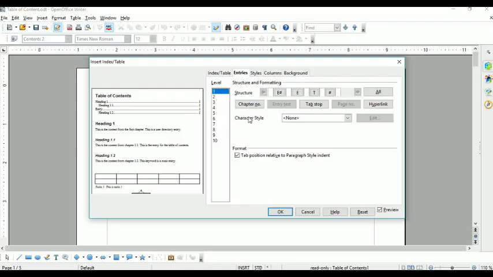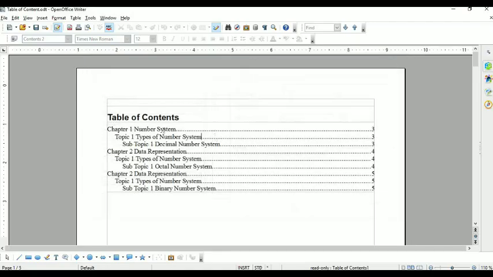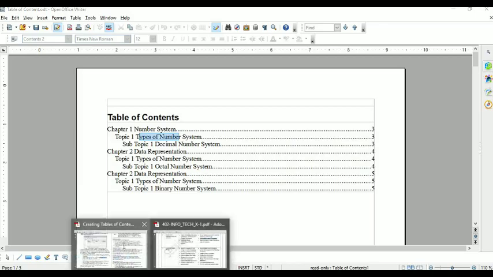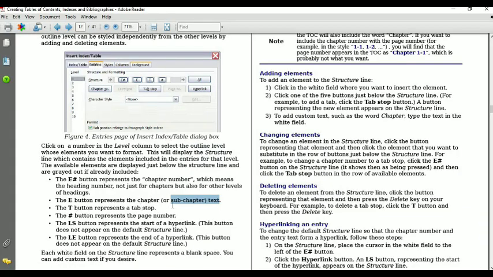Like this, the first one, chapter 1, is represented by E#, the second one by E. Then T represents a tab stop, just like a gap. Then the hash button represents a page number. Then LS represents the start of a hyperlink, means from where you want to start. And LE represents the end of a hyperlink, means where you want to finish it.